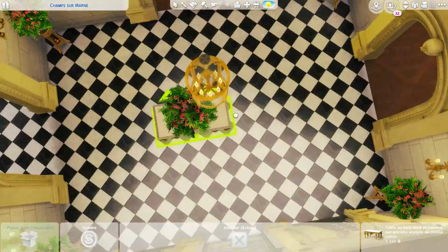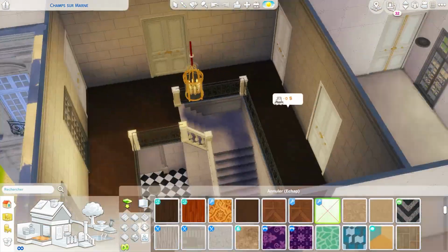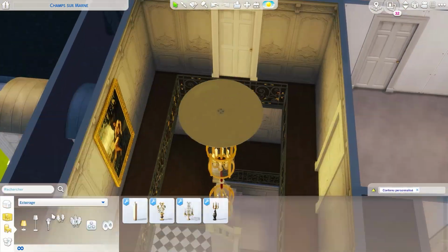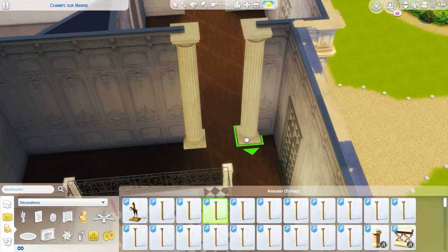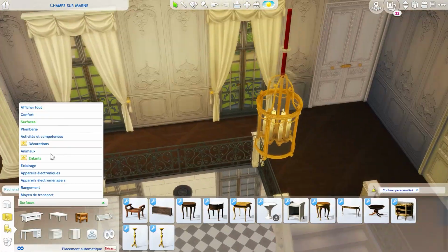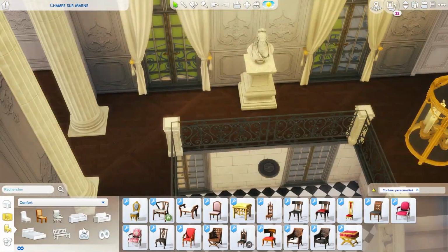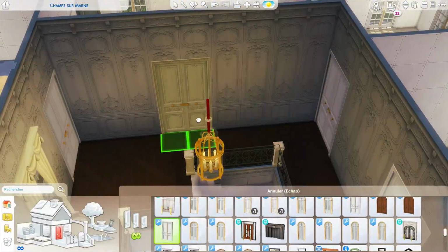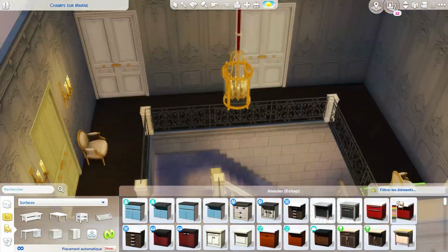There's of course the entry hall, which is in the style that I like. Very classical, not too much ornament. It's somehow a bit gold, but I like it. It's very classical architecture. When you keep going, there is the main central sitting area, which is very luxurious with a lot of gold ornaments everywhere. And then if you go on the right, there is the main sitting area,